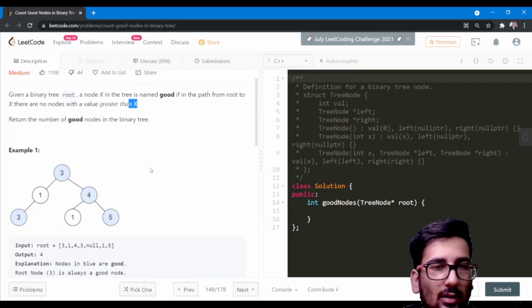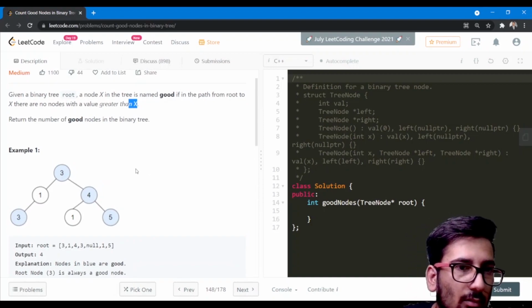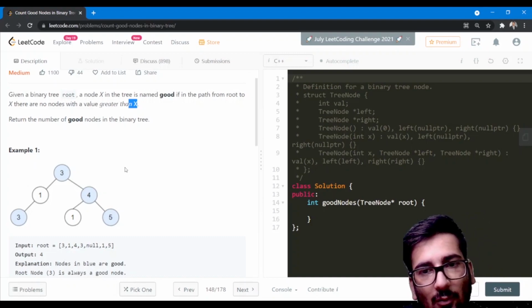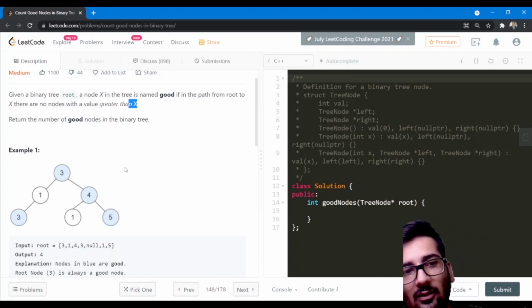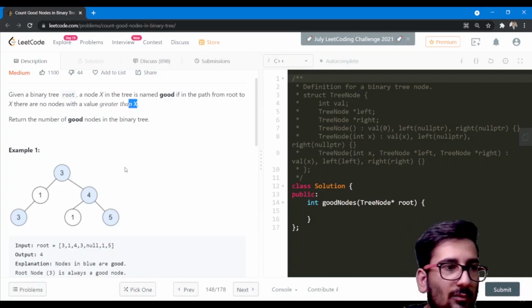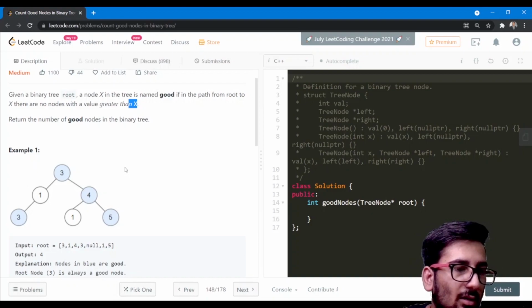Okay, so we have to count the good nodes and we have to traverse the path from root to that node, and we have to maintain the highest value in that path, and we have to check if that node is greater than or equal to that maximum which we are maintaining.